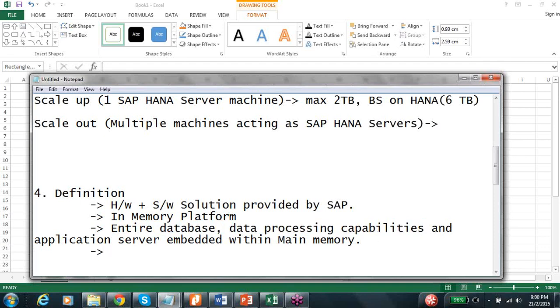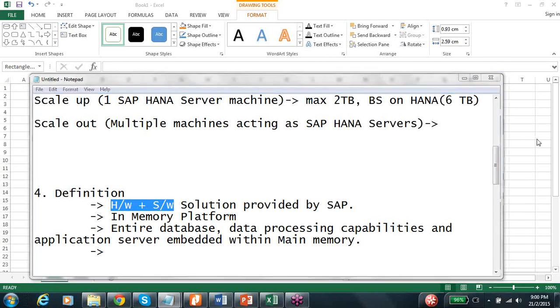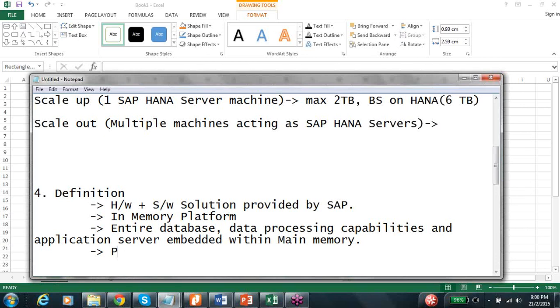The beautiful point where SAP HANA extends further is that it is called an appliance because it is hardware plus software. Let me complete this point, and then I'll come back to what would be step 1 when you go for an SAP HANA implementation. That will help you understand that point. But now, coming to the beautiful point here, it also provides